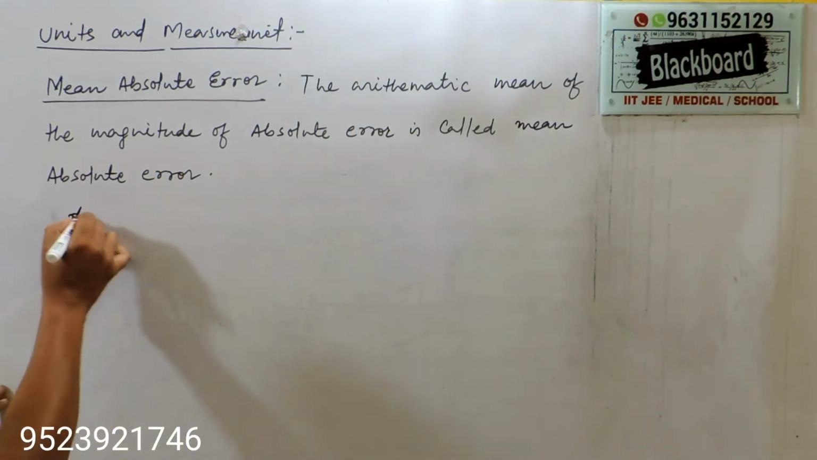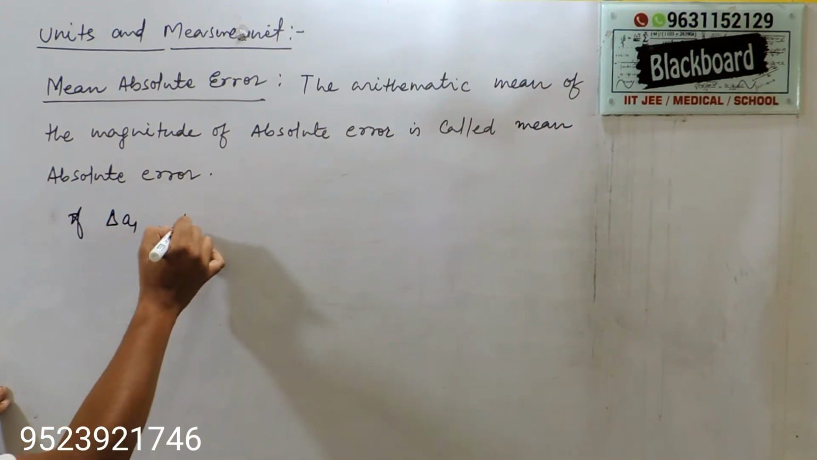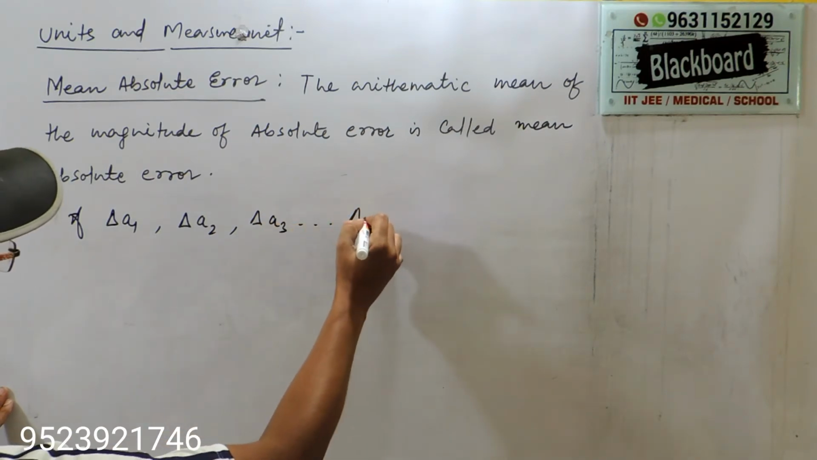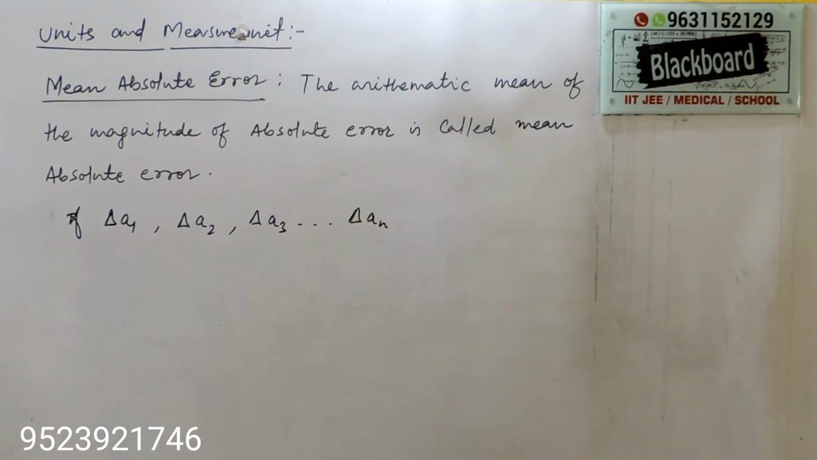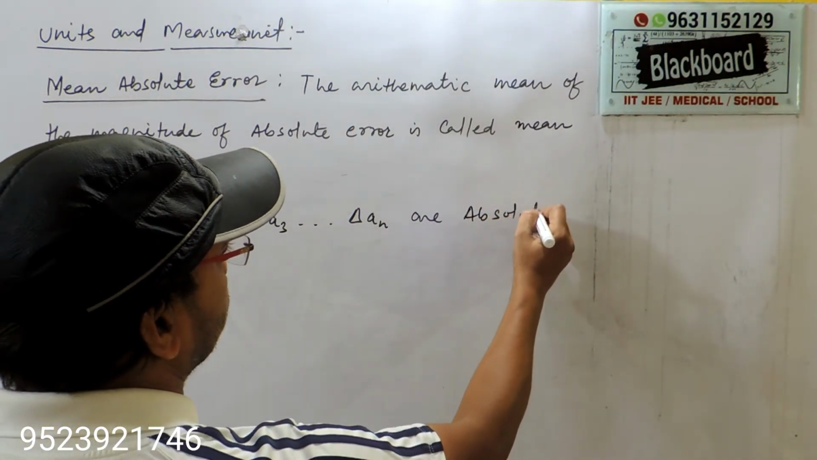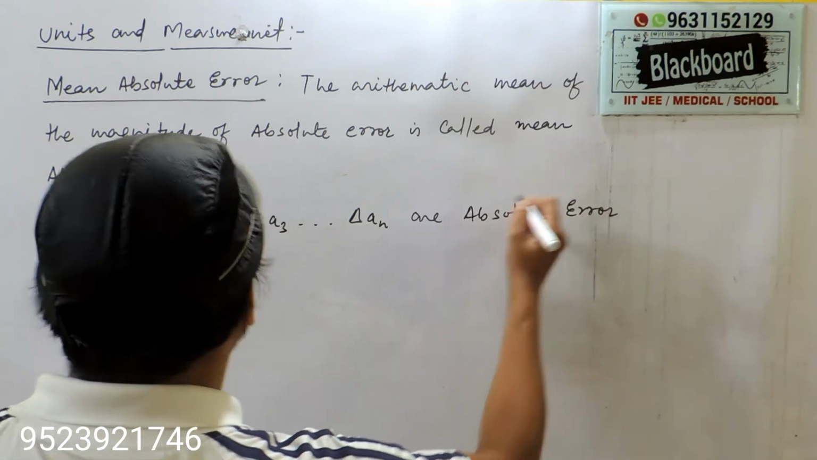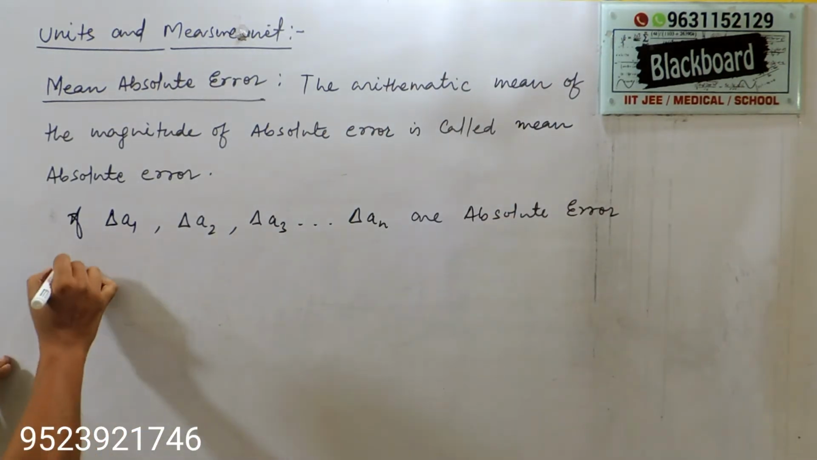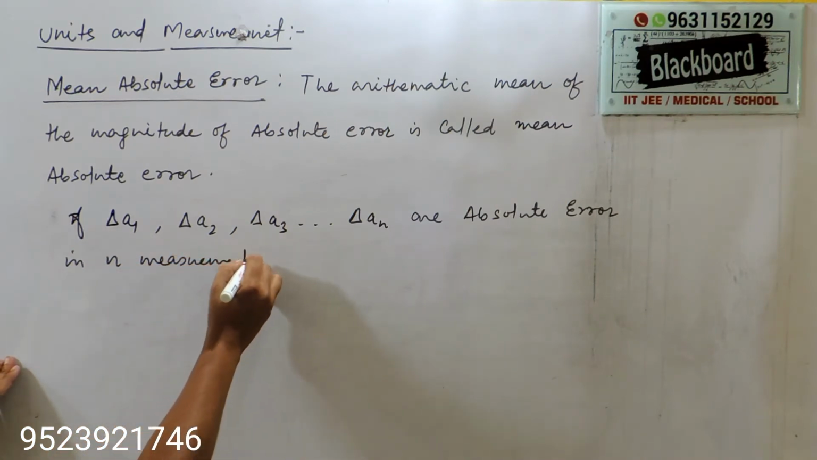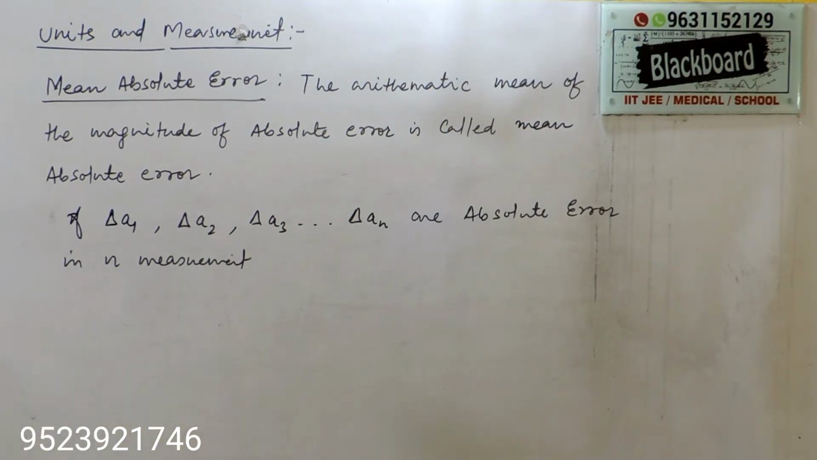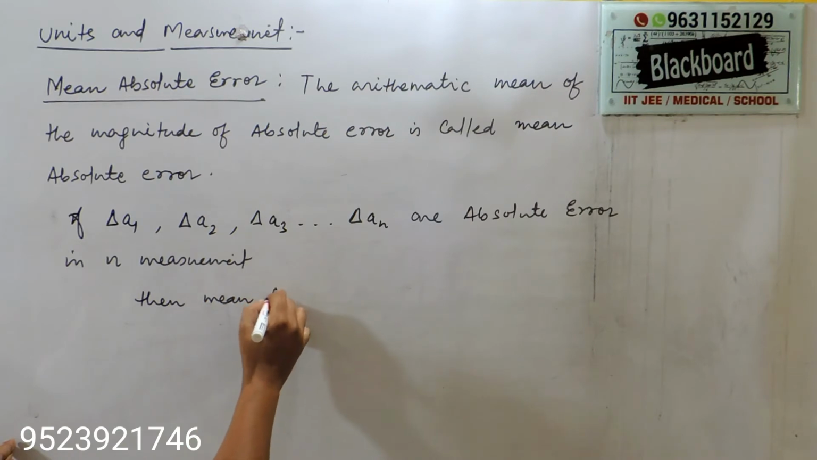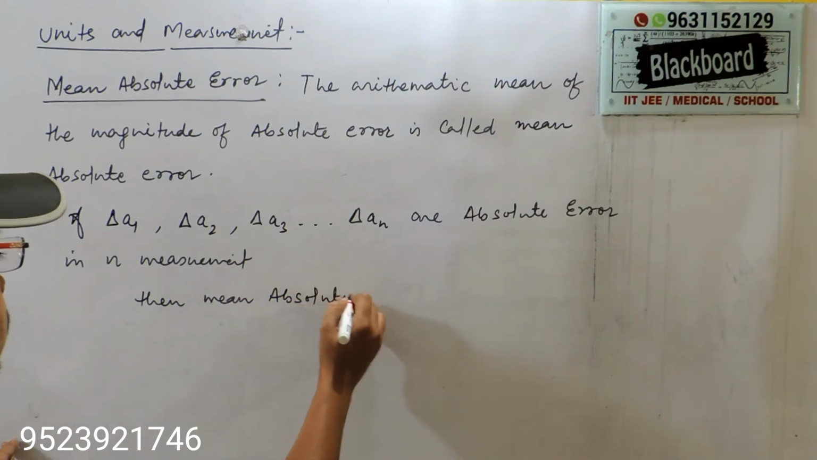Here, if del A1, del A2, del A3, ... del AN are absolute errors in n measurements, then the mean absolute error